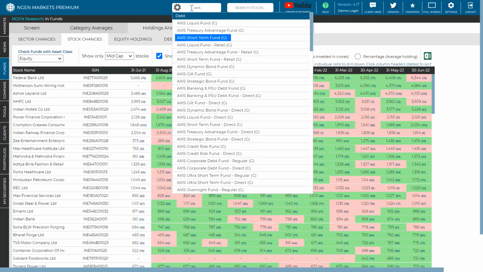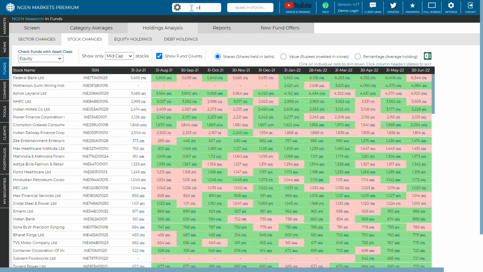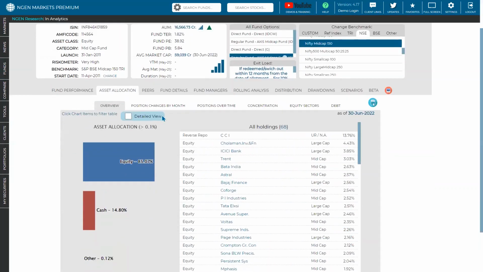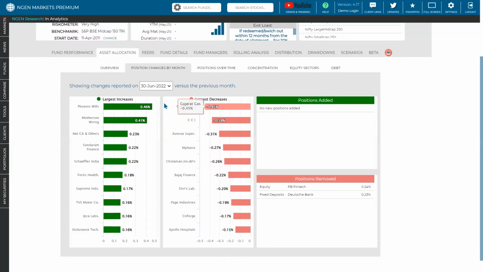Now, if we give you a turnover ratio, let's say I'm loading in one fund here, right? You can see these are the holdings changes we have in the Axis Midcap Fund in asset allocation. Now, if we only look at these securities which are added and decreased from the previous month, that would not give us a proper idea of the turnover ratio. So hence we do not have turnover ratio in the system, but we would like to know your requirement on that, then we can connect again and take an investigation forward.